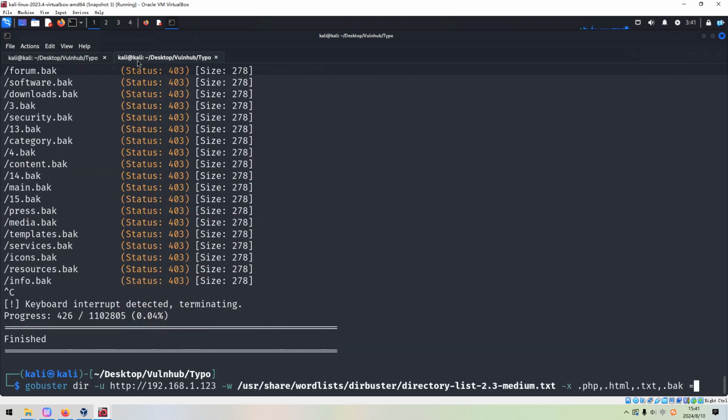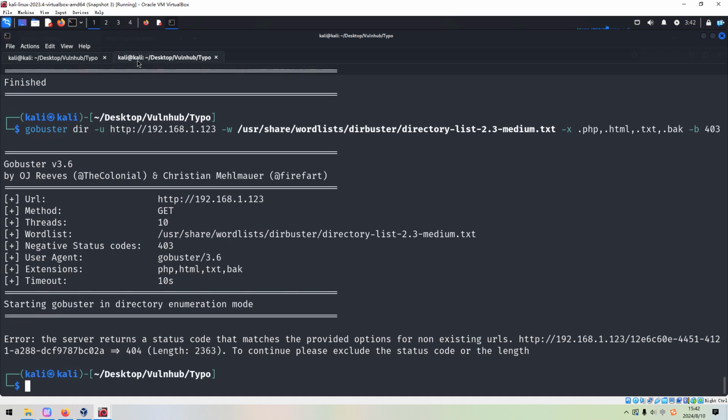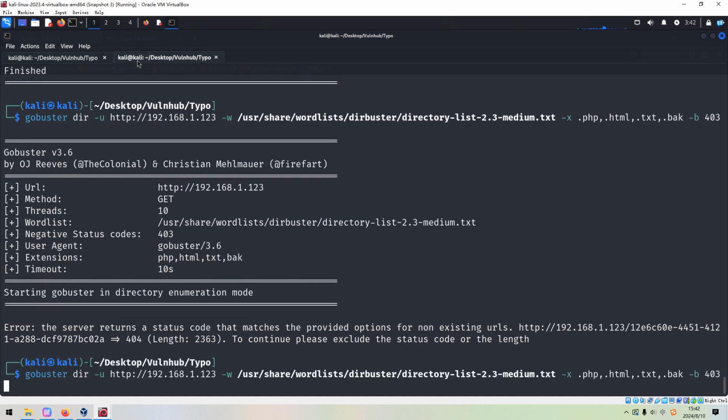I think we can use the option to filter out the response with status code 403. Press enter. However, we got another error, so we can use the exclude length option. Okay, press enter.